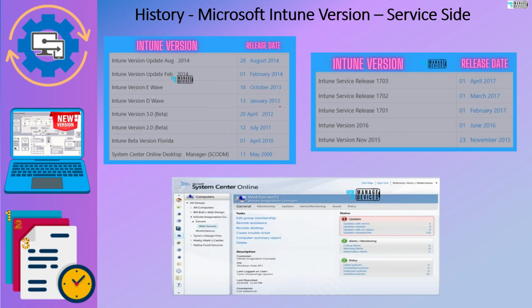Until 2013, version release was per year, and then from 2013 it got changed. In 2013 there were two versions released, and then in 2014 there were again two versions released, and in 2015 there is only one version I think, and in 2016 also there's only one version. And from 2017 onwards, Microsoft started using the current naming standard, or service release version number standard,